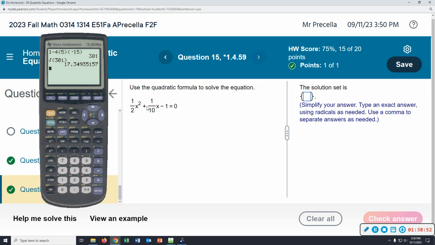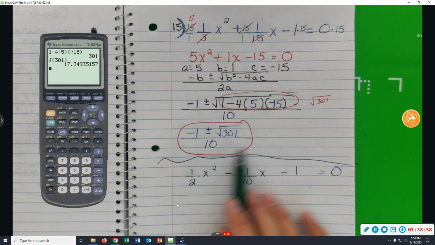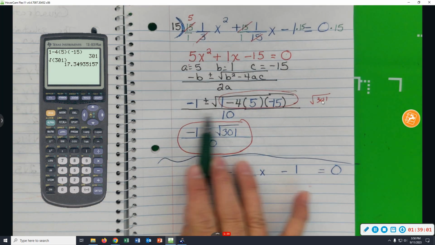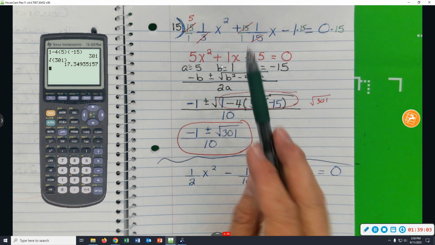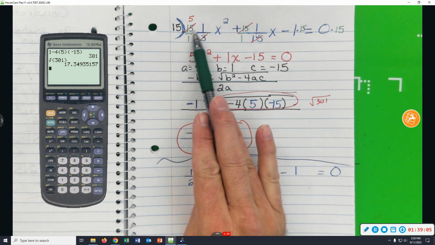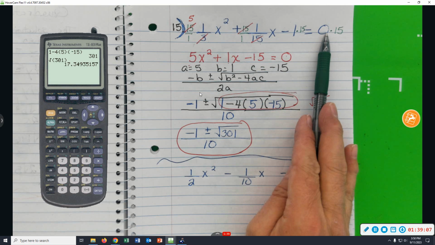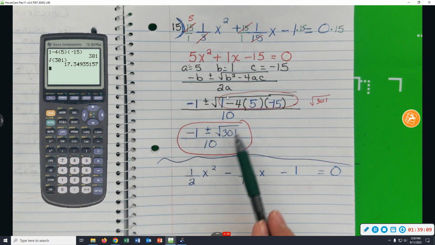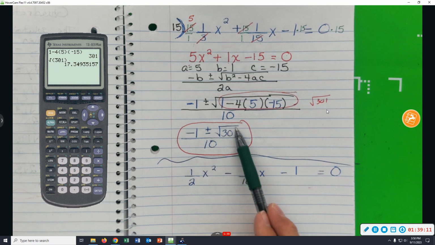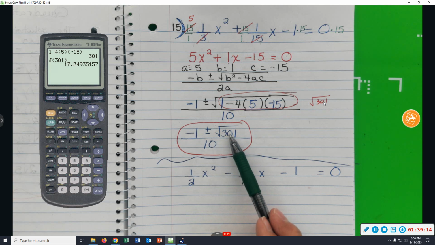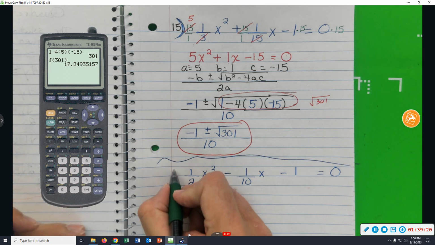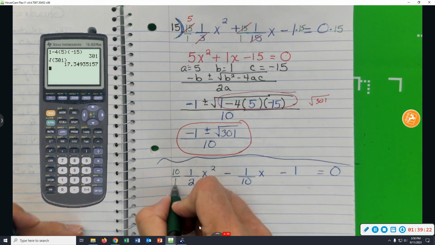If you use a number that's bigger than necessary, look back at that problem here. There were no common factors. We weren't able to reduce that number. If we had used a 30 or a 45, a bigger number, then you would have wound up with some messy number under there that you would have had to find the perfect square factor, pull it out, factor, and cancel. But if I multiply straight through by 10,